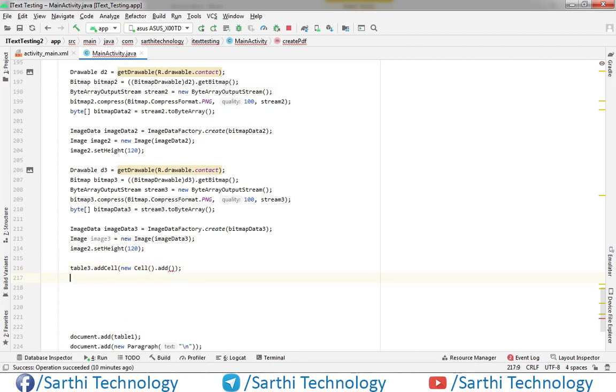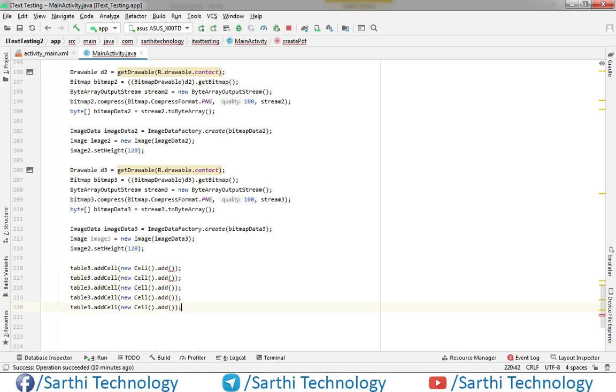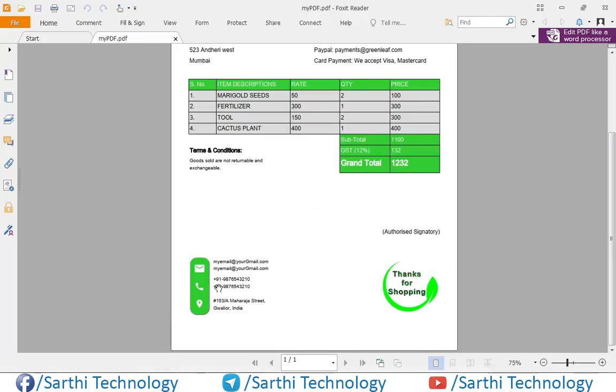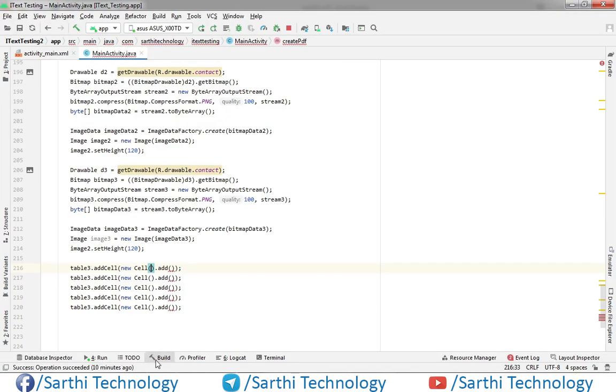Okay, in the first we have this 1 2 3 row span. Okay, for this, so 3 comma 1 and add here image 2.